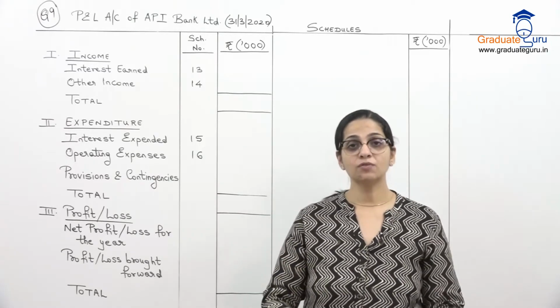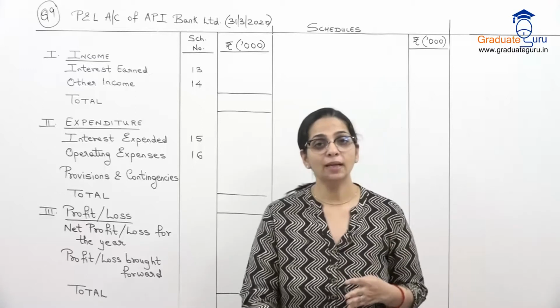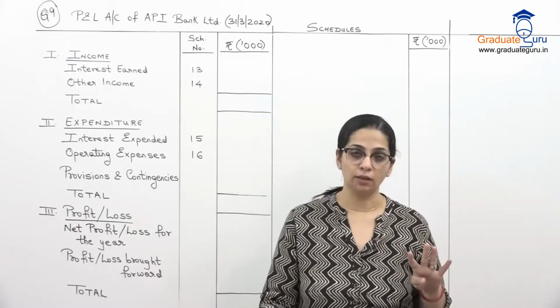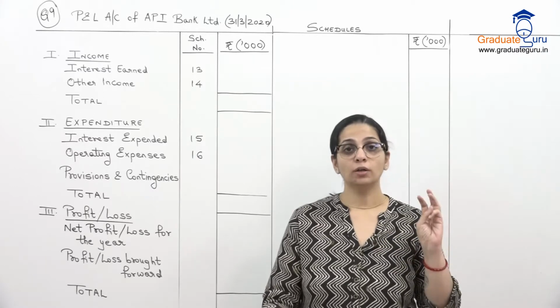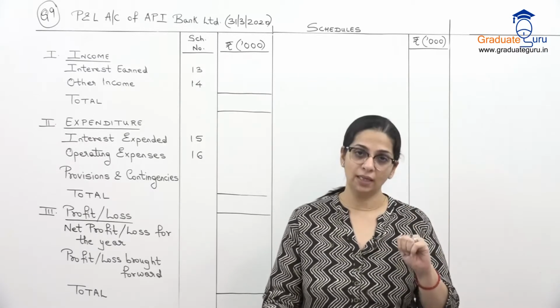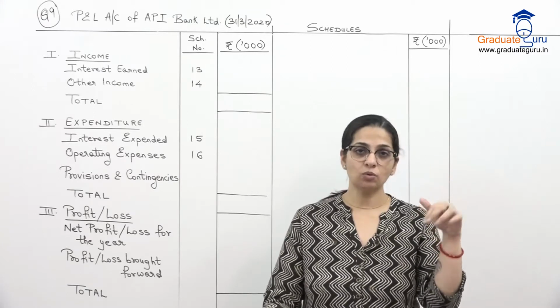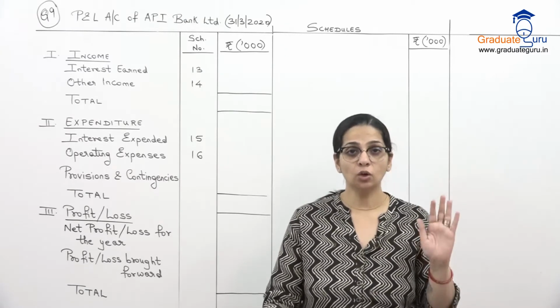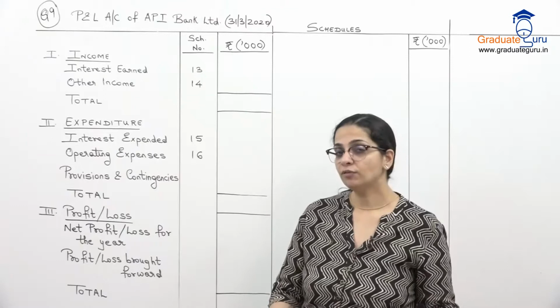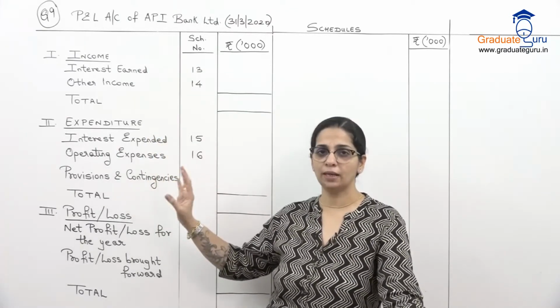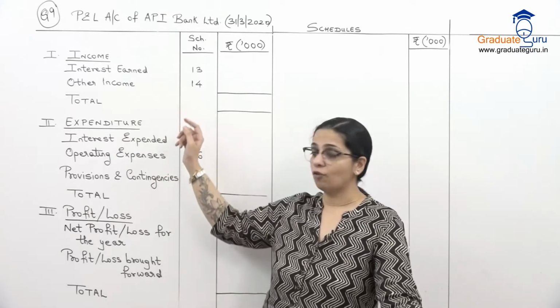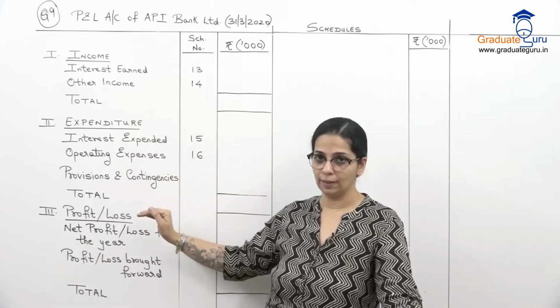Now this sum is for P&L account. और P&L अकाउंट में 4 ही शेड्यूल आते हैं, that is your interest income, your other income, your interest expense and your operating expense. जो provisions है उसके लिए हम अलग से working note करते हैं. So here I have kept a format ready for the P&L. We have already seen the P&L format earlier, so मैंने वो format already बना के रख दिया है.